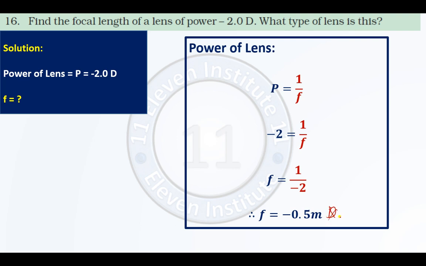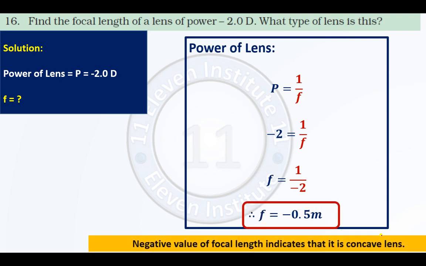Totally wrong. Right, don't be in a hurry to get the answer. Instead, be perfect and get the correct answer. Fine, so this sum is over. Again, I request you to please pause the video and write this simple sum down in your CW. Alright, I hope you have written this. Let us now move ahead to the next question.